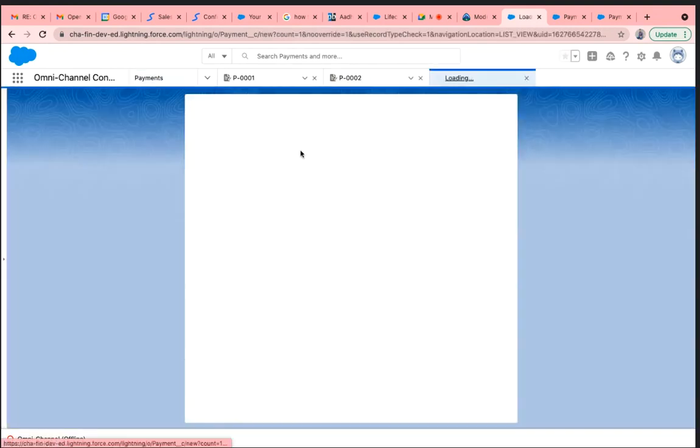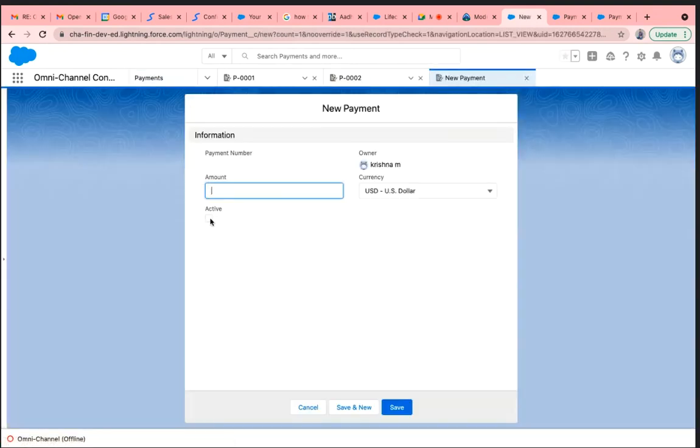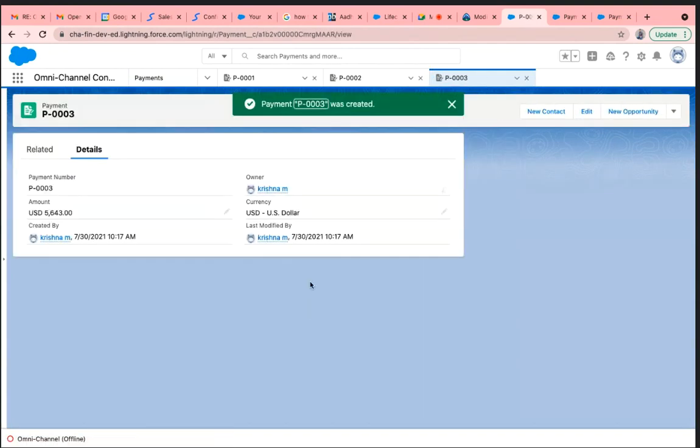Click new and see. This is a checkbox, right? We have provided some number and just click it out. This is the checkbox, but it is not visible here. Where is that checkbox? It is not showing up.